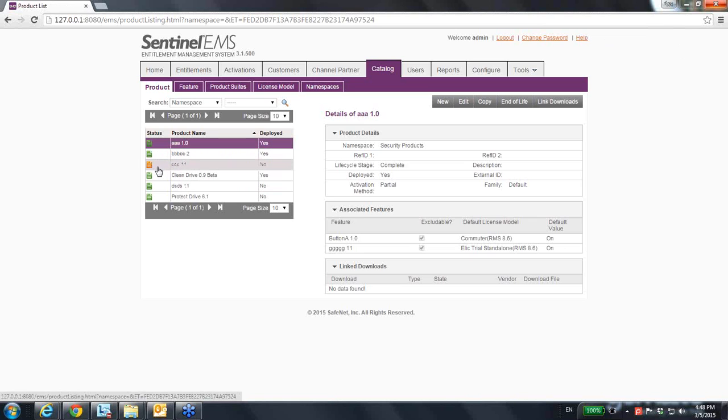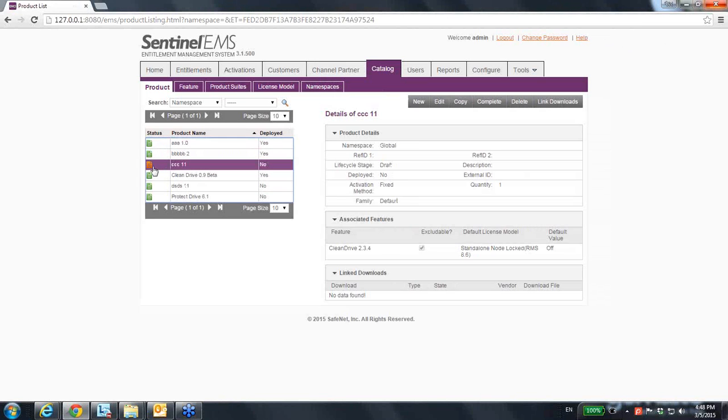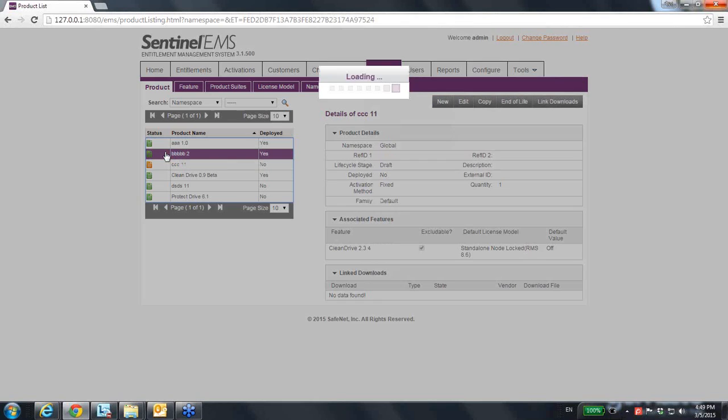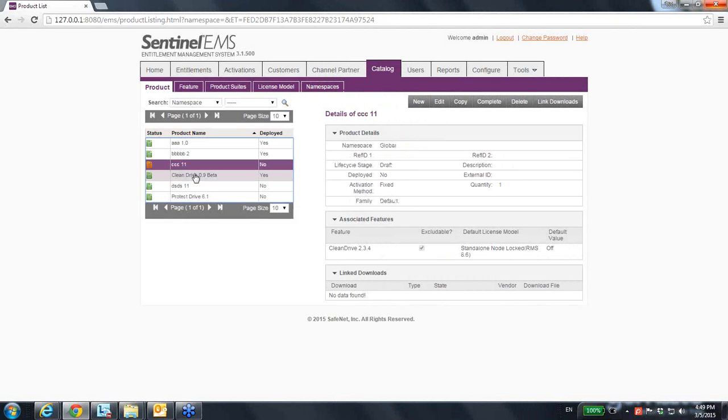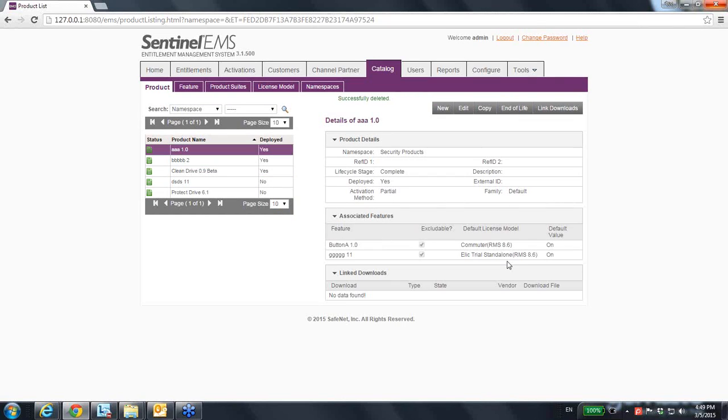you can see that if there is an orange one, this means that it hasn't been deployed and used yet. If it hasn't been deployed or used, you are able to delete it. Let's delete it, maybe. Deleted. However, a product that is already in use, in the green one here in the status, this